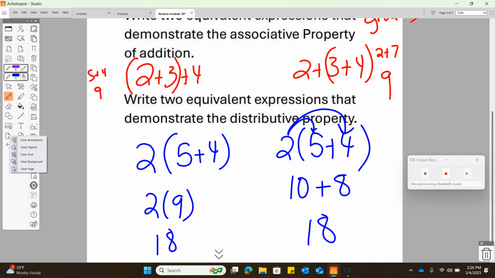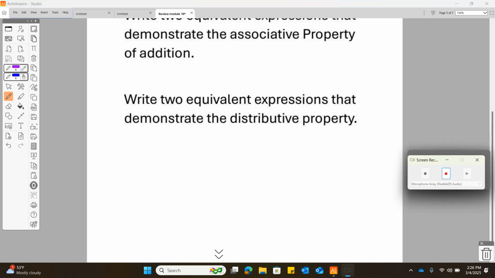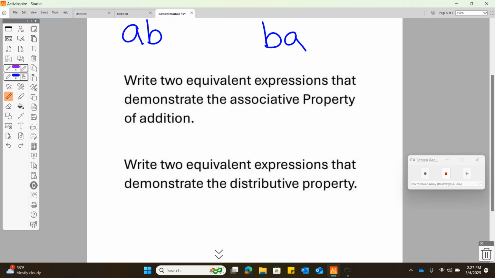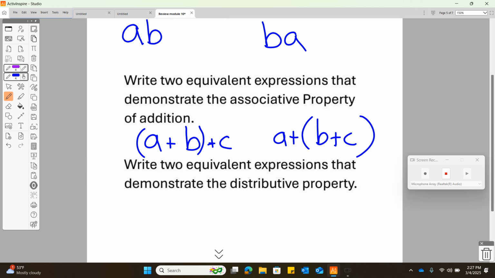Now, these properties also work if we use letters. A, B, meaning A times B, is the same as B times A. Okay? Associative property of addition. A, B, C. A plus B in parentheses, then adding C, is the same as A plus B plus C. And for the distributive property, A, B plus C is the same as AB plus